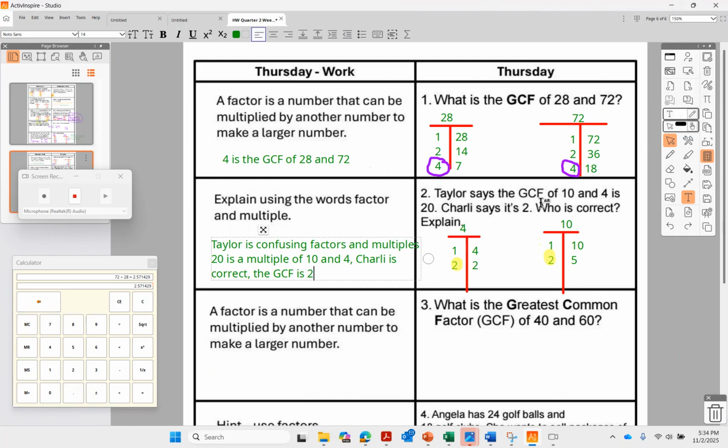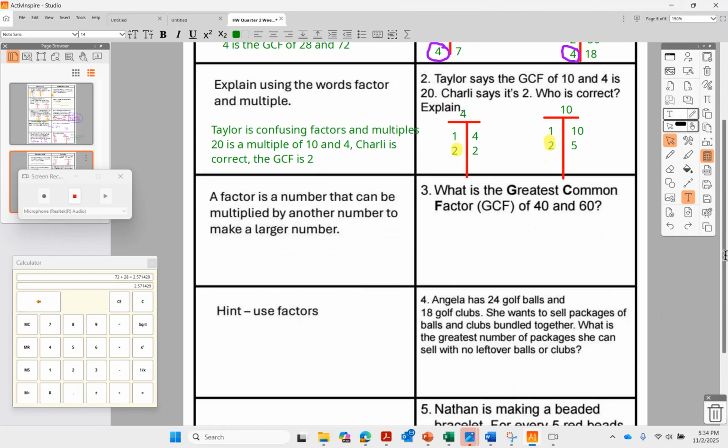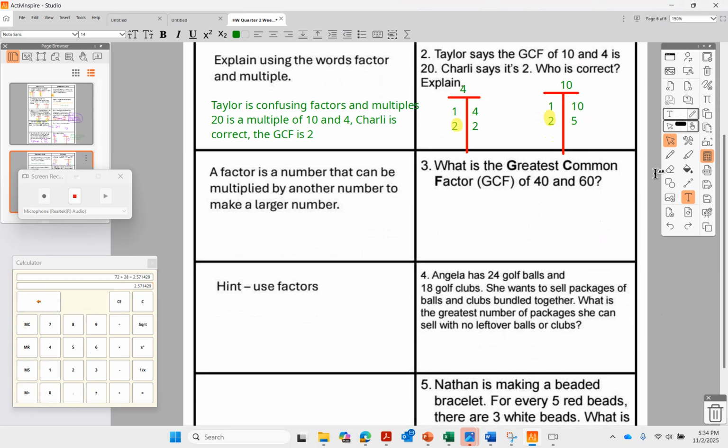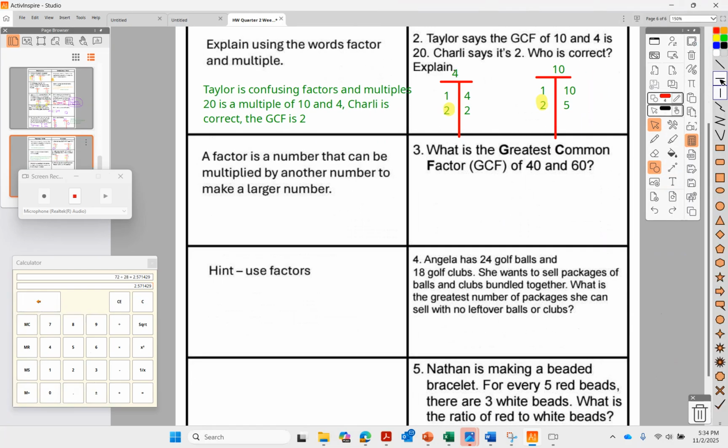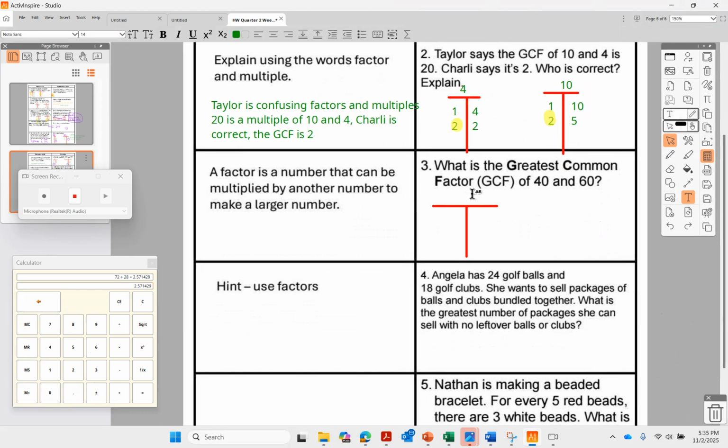What is the greatest common factor of 40 and 60? So this is where, as I've mentioned before, I'm going to start being a little strategic. I'm going to find the factors of 40 and then determine which of them also divides into 60. So factors of 40. 1 times 40. 2 times 20. 3 is not a factor of 40. 4 is a factor of 40. 4 times 10. 5